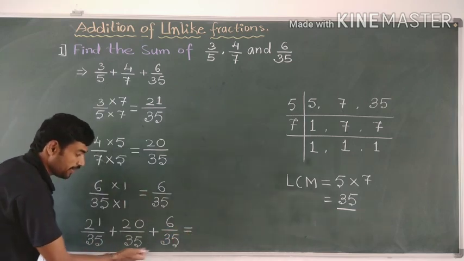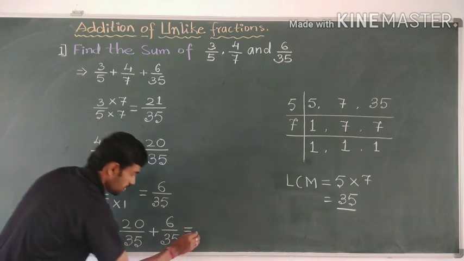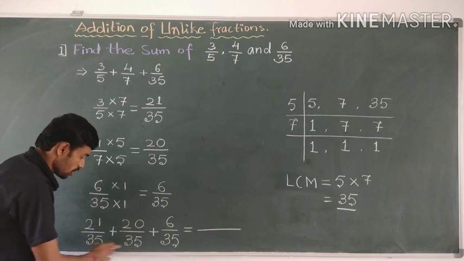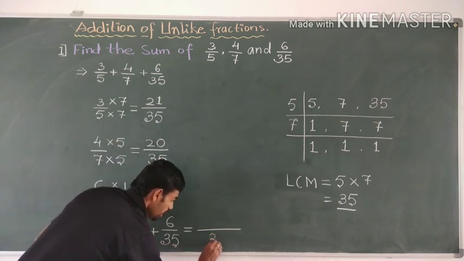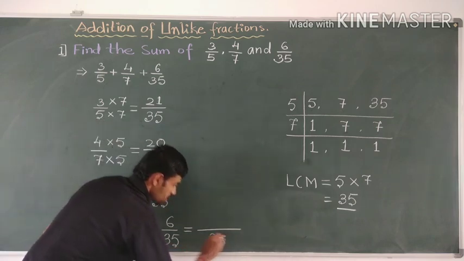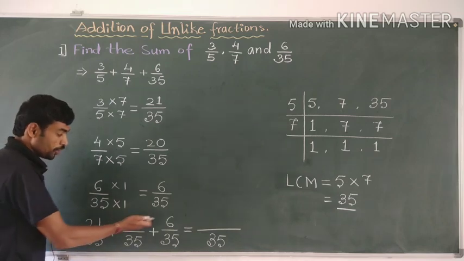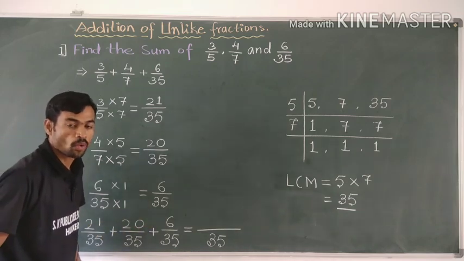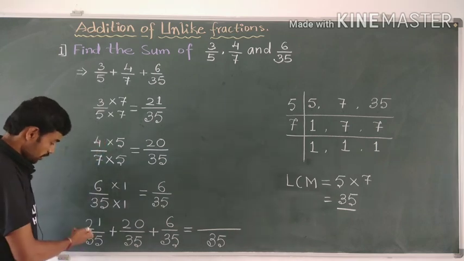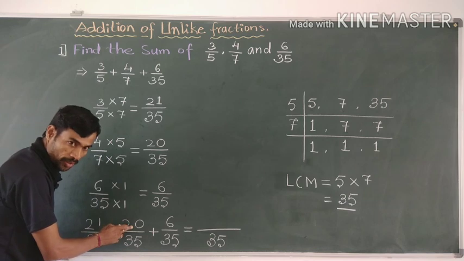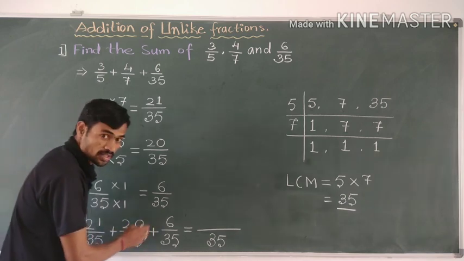Here all are like fractions, so we keep the denominator as it is. The denominator is 35. Then what do we need to do? We need to add only the numerators. 21 plus 20, 41. 41 plus 6,